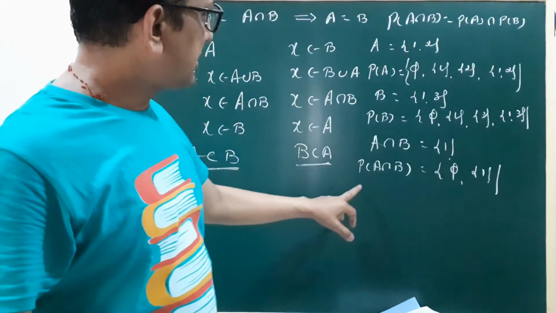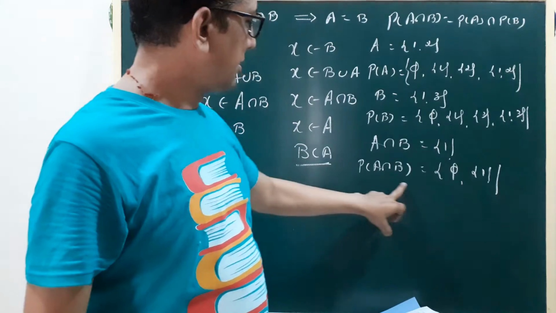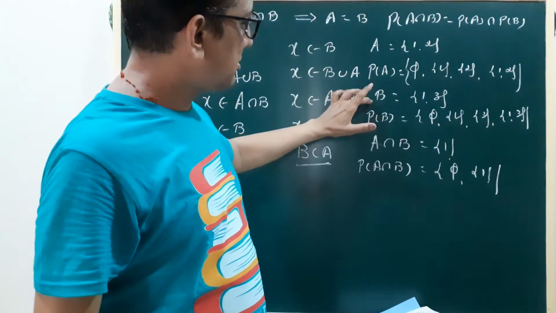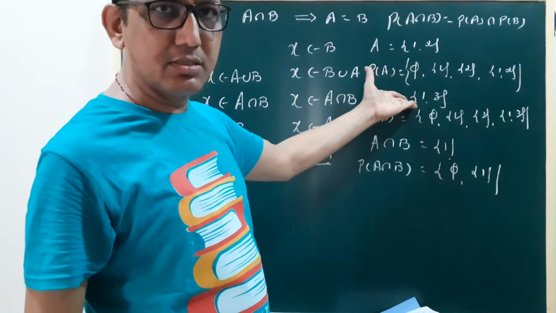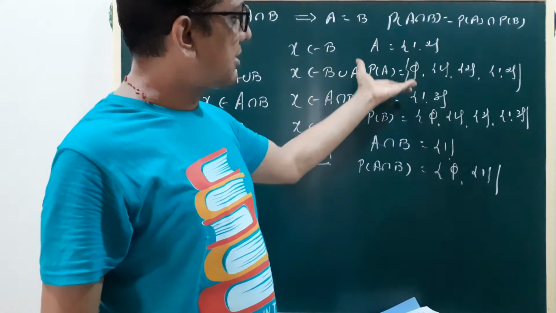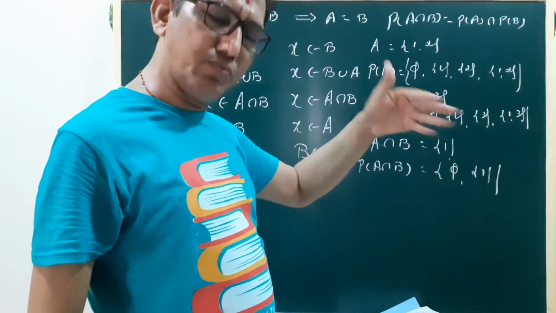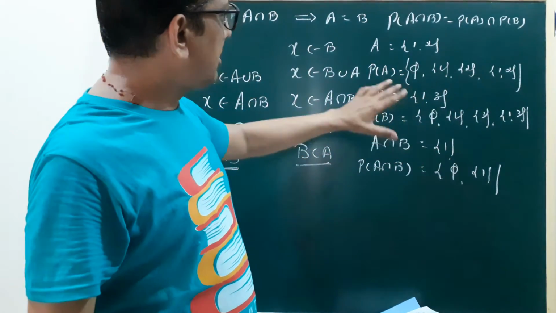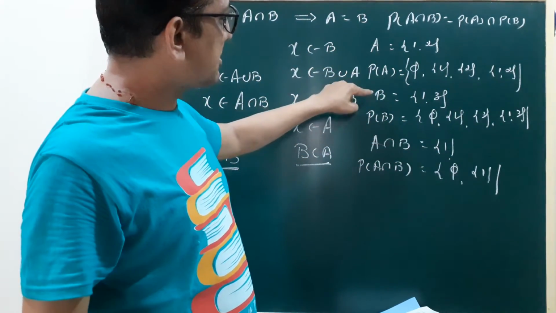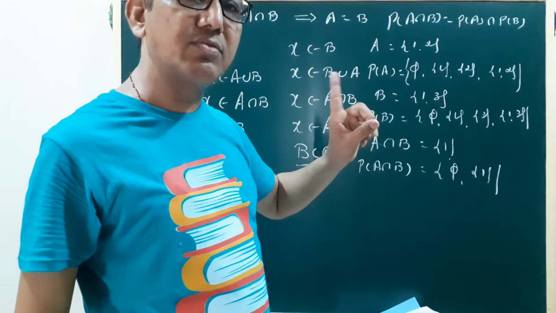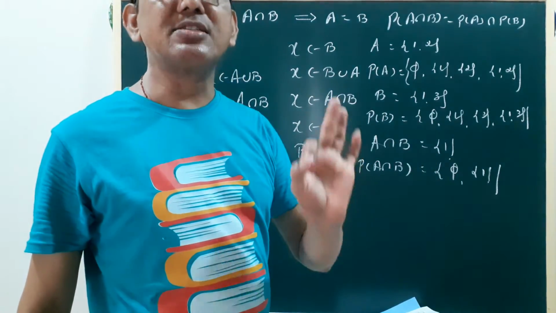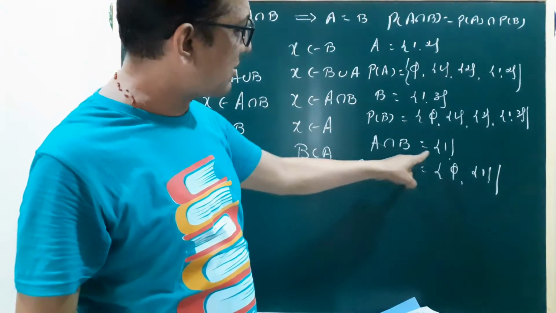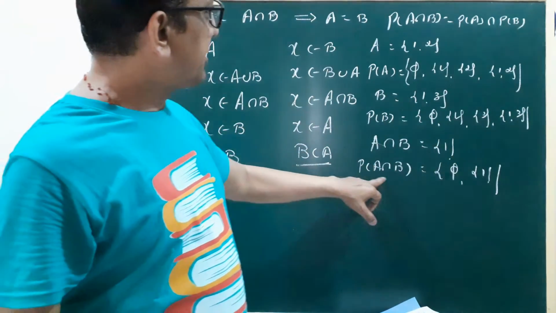Now check that. This is our LHS. Here we could take 2 elements, or 3 elements, any 2, any 1. But the necessary condition is that A intersection B is not a null set, meaning at least one element is common. So we write here only 1. Now this is our LHS, P of A intersection B.